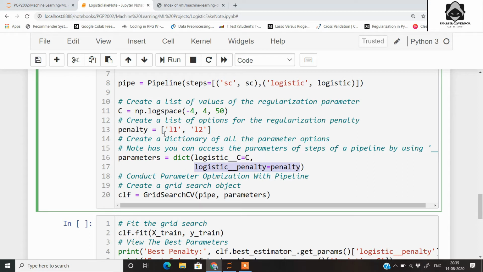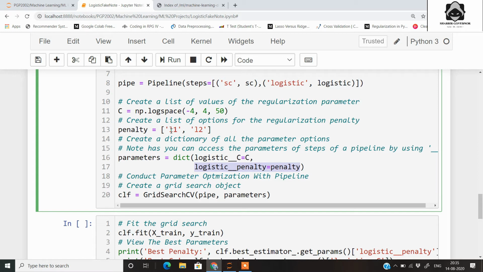For the penalty, we have given L1, which stands for lasso, and L2, which stands for ridge. If you don't know about ridge and lasso, we will cover these in a separate video, but for the sake of this video you should note that ridge regression and lasso regression are used for adding penalties to your model so that it performs well and eliminates certain features which are not contributing to your model.